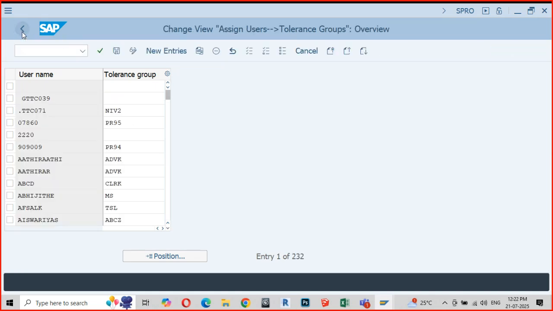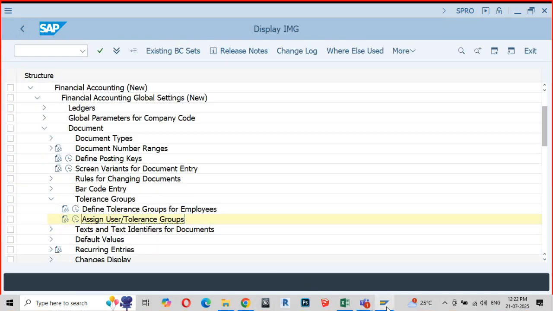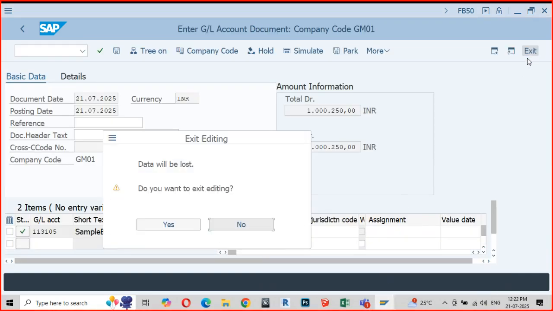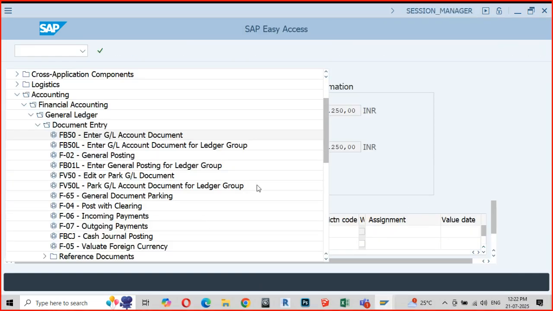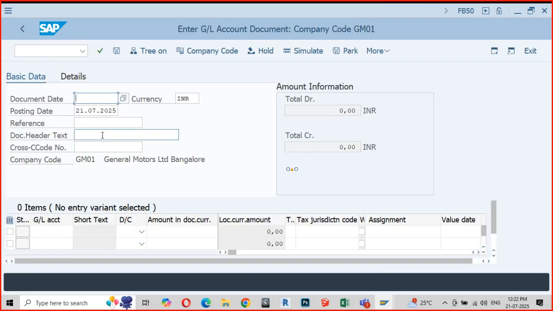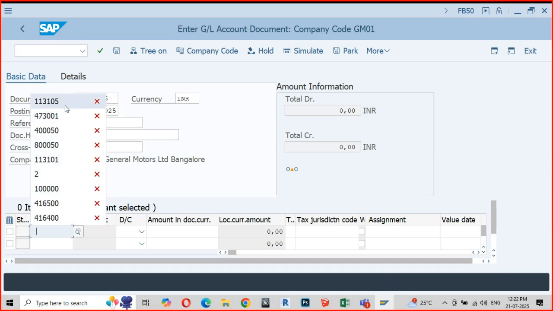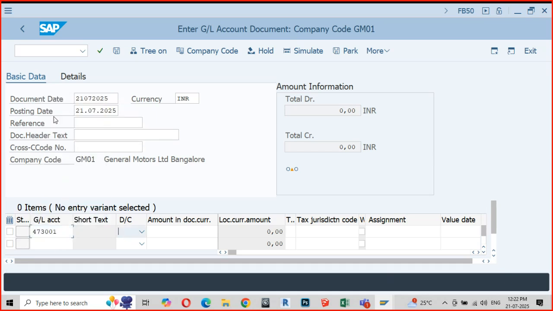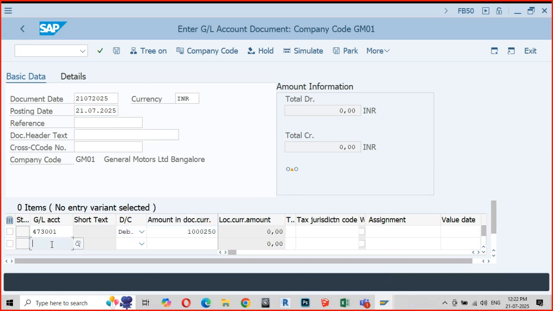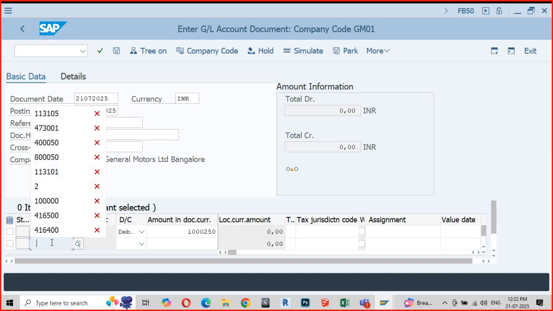Now come back to my data entry, exit out. Now see how the system behaves. I'm entering the same amount, 10 lakh 250 rupees.